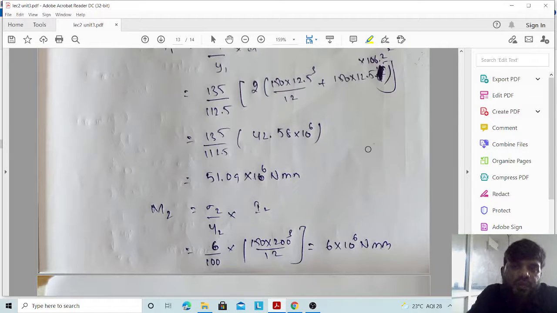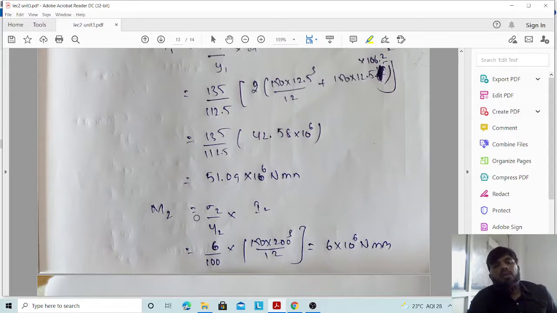So what is H dash? It is nothing but the distance you have to measure from the CG of that particular section to the overall CG. So the CG of that steel section is 6.25, and the overall CG is 112.5. So (6.25 minus 112.5) whole square we have done, whose value you are going to get as 106.2 the whole square. If you substitute this value, you will get the value of M1 of steel.